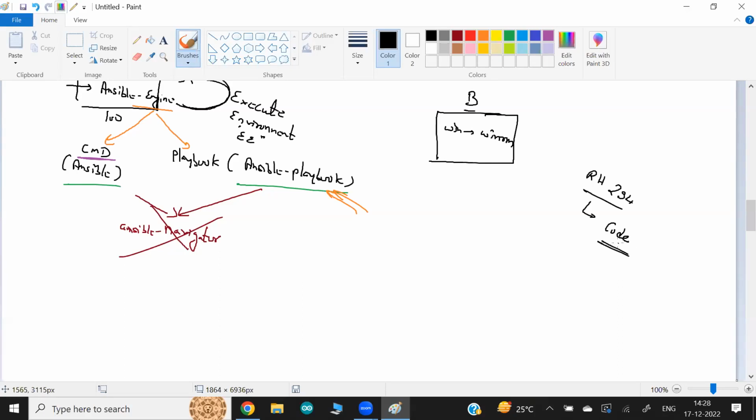Now after you learn how to write the code, this code you can run directly here by this command, the way we used in the last class, or this code you can deploy on top of, there's one very powerful